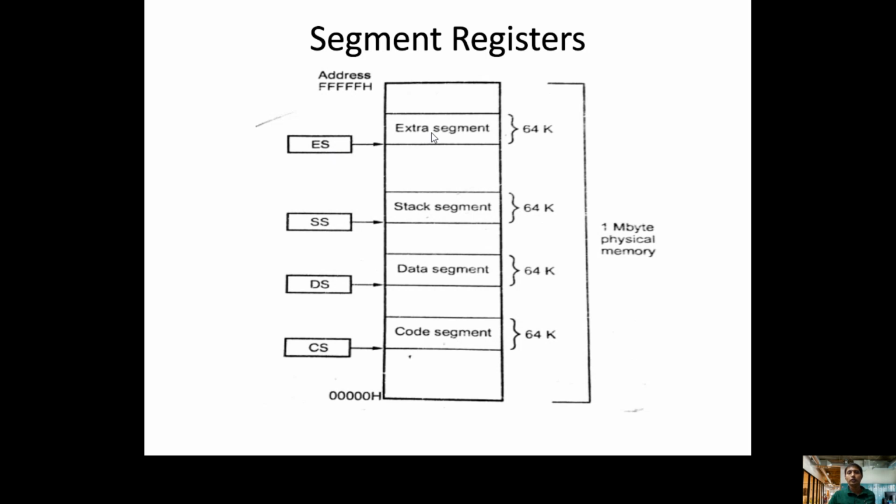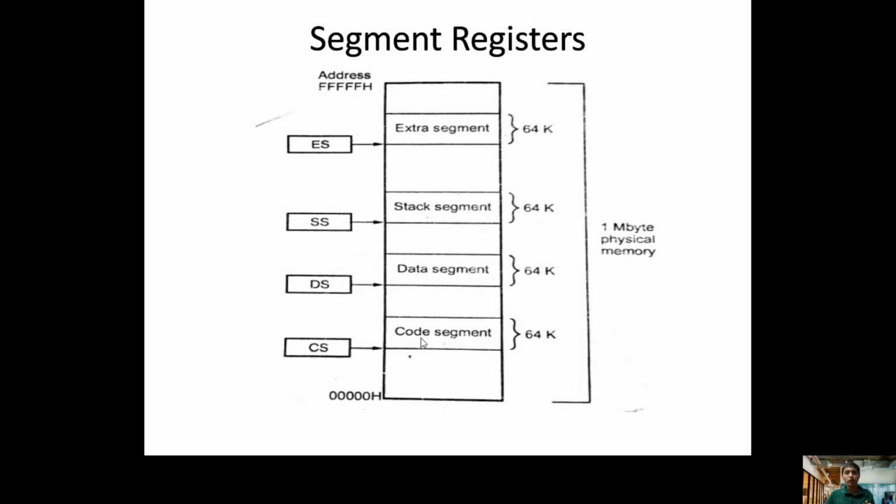And the bus interfacing unit will initialize the lower 4 bits to 0. Then we get the 20-bit base address. So in order to get the 20-bit base address of your segment memory, the bus interfacing unit will assign 4 more zeros in the lower bits. We get the 20-bit physical address. Okay, this is the simple role of the segment register. Again, the segment register's role is simply to hold the upper 16-bit starting address of the corresponding segment memories.